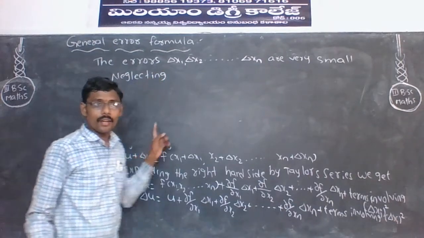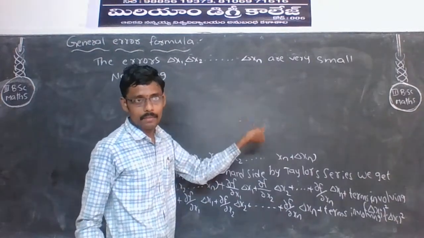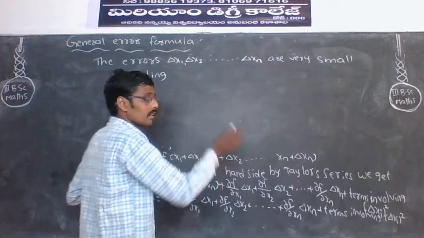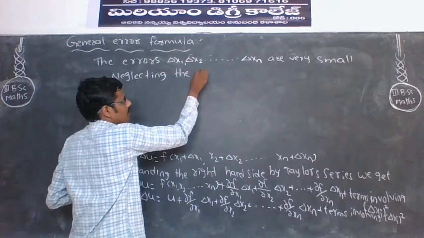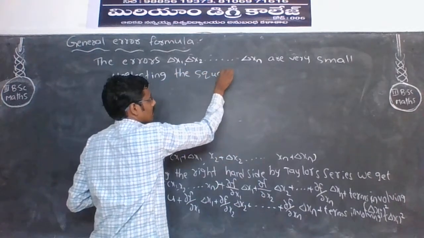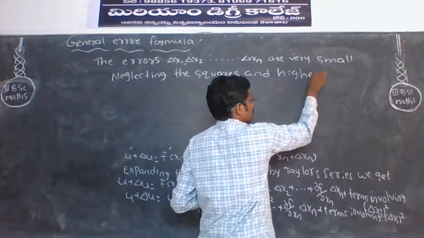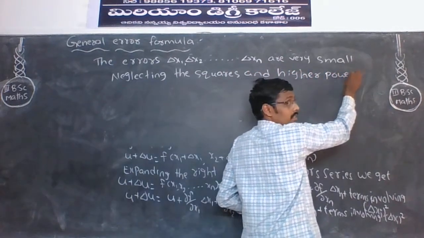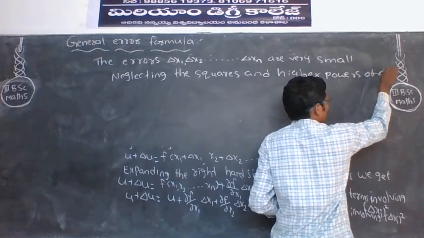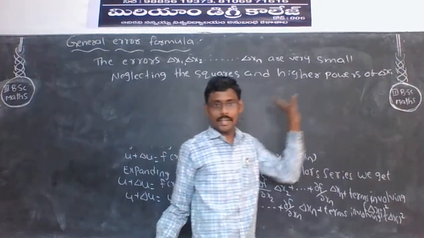Neglecting the squares and higher powers of delta xi, we get